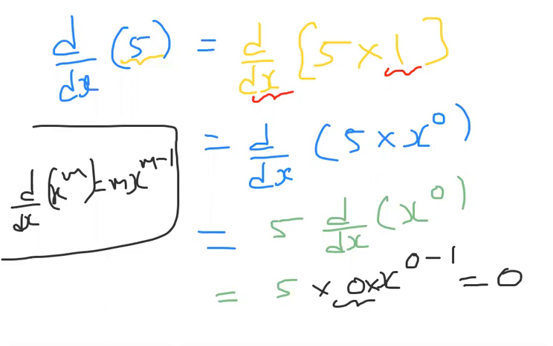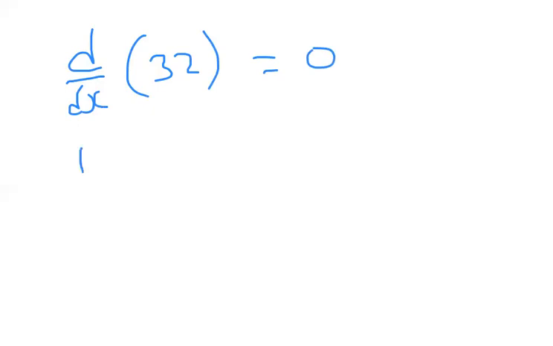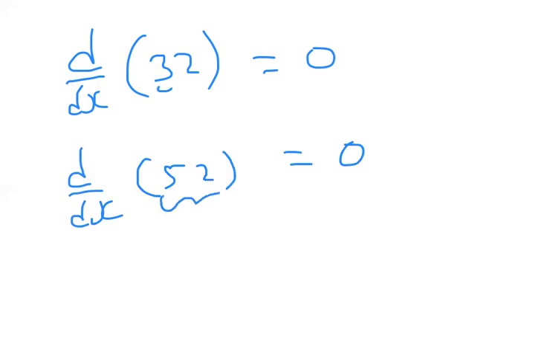So what we got finally here? d by dx of a constant is 0. So whenever a constant is there, no need to do all this method. Simply we can say 0. So simply observe now, d by dx of 32. 32 is a constant, 0. d by dx of 52 is a constant, it is 0. Like that, whenever only a constant is there, only a constant inside without a variable, we can write 0.